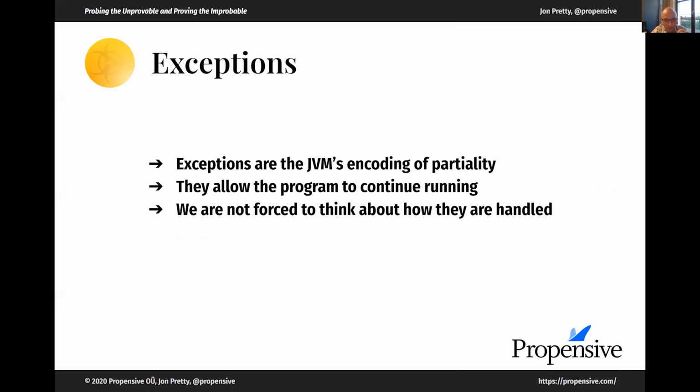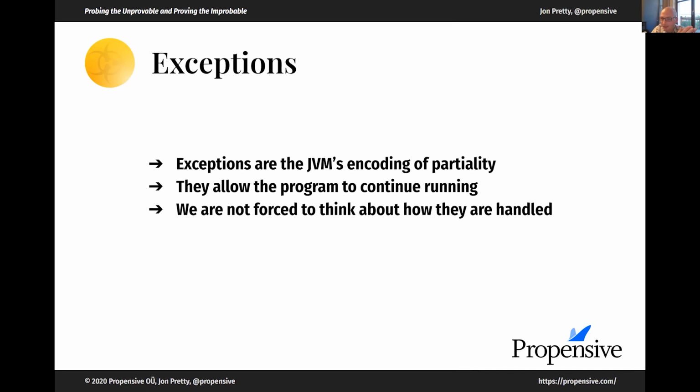Now this third point here, we're not forced to think about how they're handled. This is quite convenient when you're writing script-like code. You don't have to handle every exception that might be thrown by a particular line. If you're only going to run the program once, or if it's run by a user and the user sees the error and can then go and fix it, replace it with some different inputs, you're allowed to write the program thinking only about the happy path.